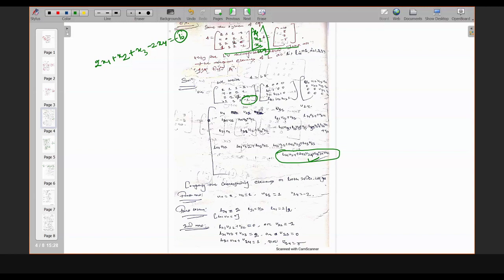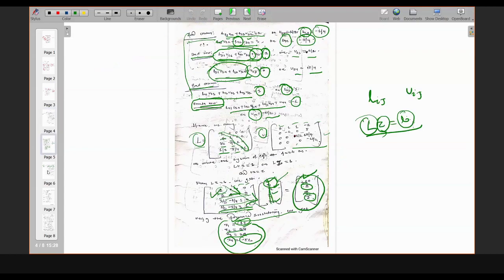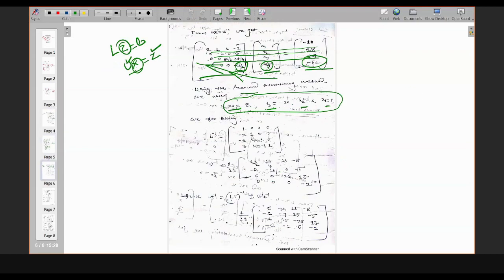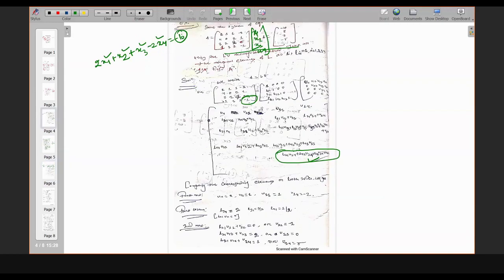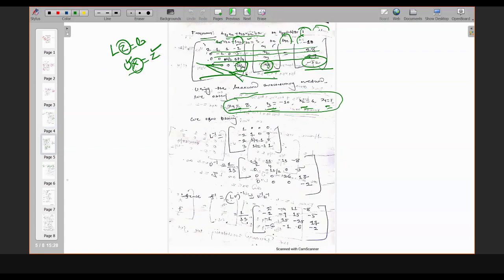Then you substitute the x1, x2, x3, x4 values that you had obtained after solving. After substituting, you simplify to get the minus 10. If you do not get minus 10, that means your calculation is wrong. That's why you should check whether you get this result or not. So the first part of this problem is completed.